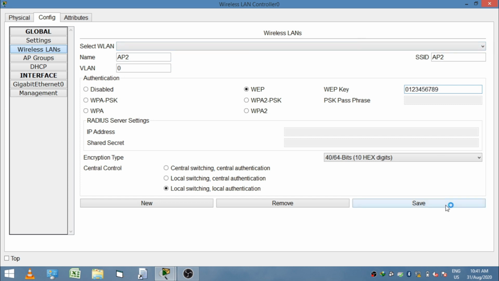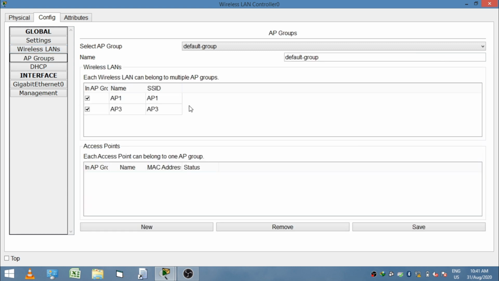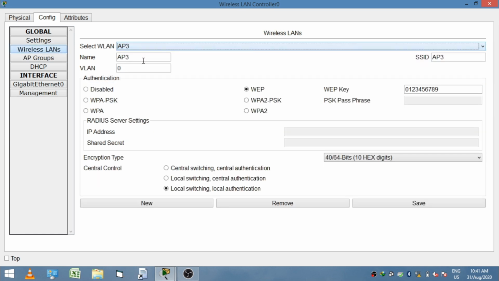Next AP, AP2, and the SSID I also write as AP2 and give the encryption key 0 to 9, then save. Next, click on the new button and for the next AP write the name AP3 and SSID AP3 and give the WEP key 0 to 9 digits, then save. Then go to AP groups and see the APs.